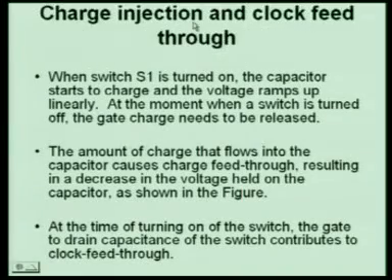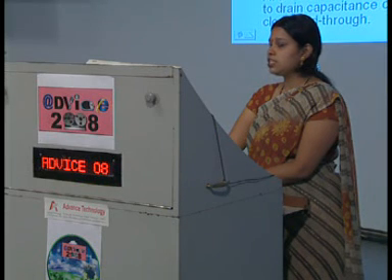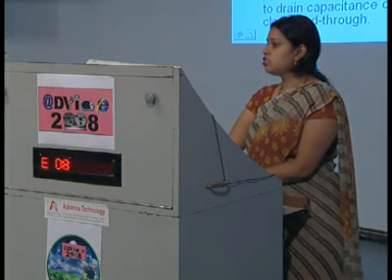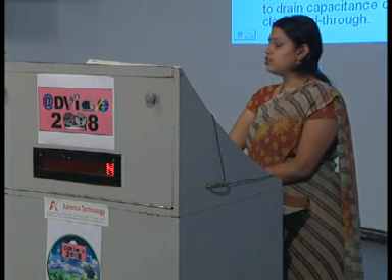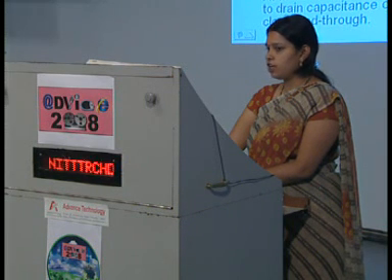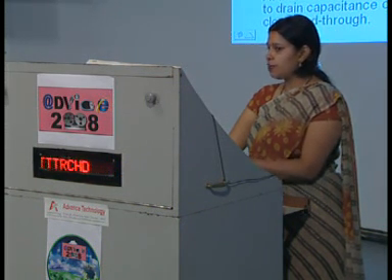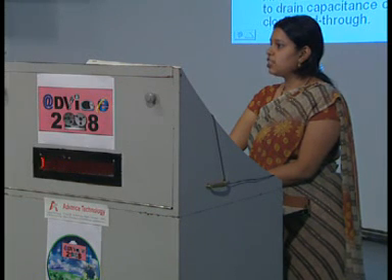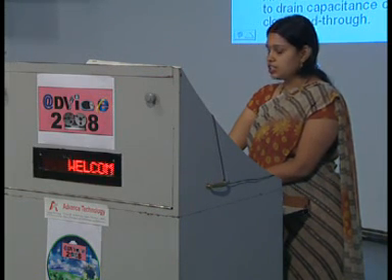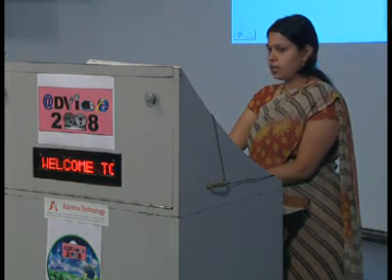Now, the basic problems in the case of a MOS transistor are charge injection and clock feedthrough. Charge injection is the problem which is there in the MOS transistor. When the MOS transistor is on, the gate oxide capacitance of the MOS transistor gets charged to some value. When the MOS transistor turns off, the charge on that capacitance gets injected into the load capacitor, which changes the output of the load capacitor.